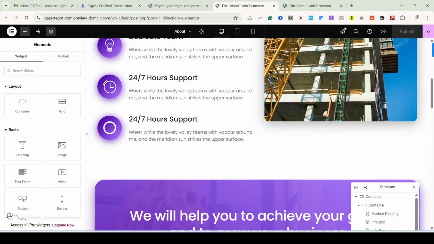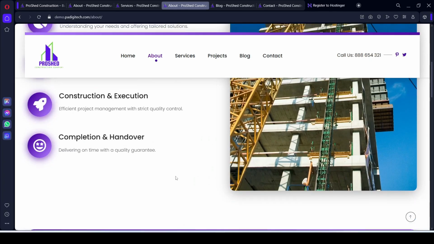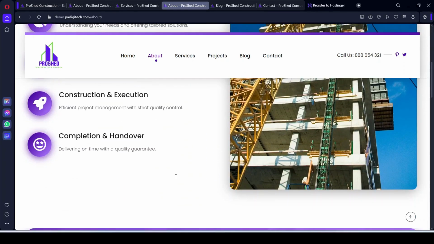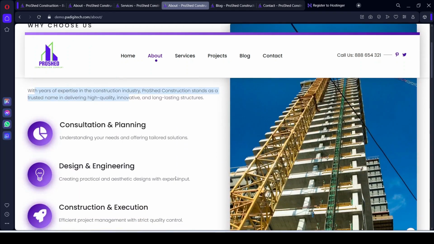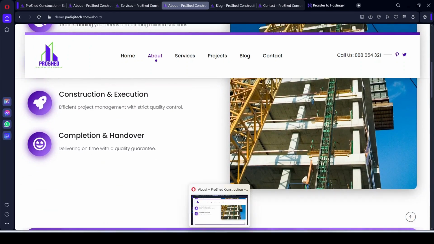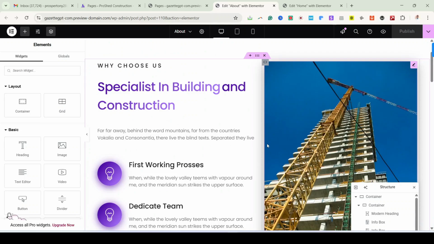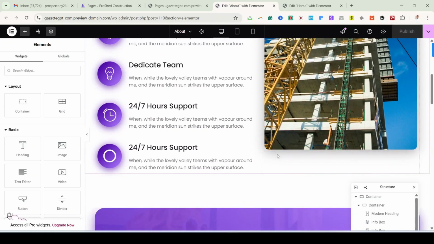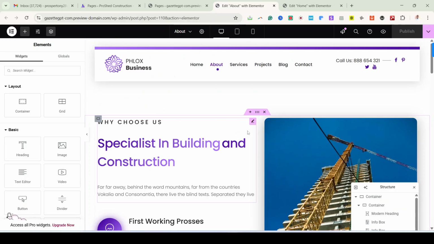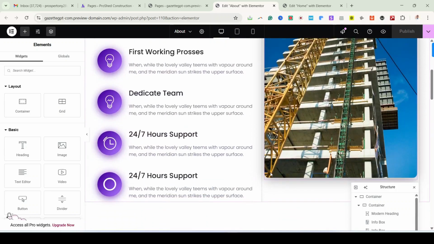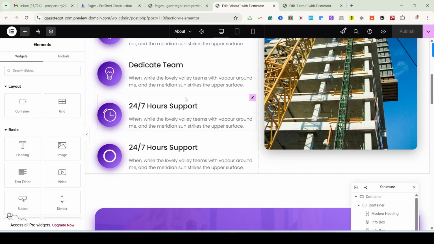All right, so now that this is done, let's go back to the reference website. Something that you'll notice is that you can decide to also align the section. So let me show you that. If you take a look at it, you see that this image, they are both aligned to the top. If you don't want it like that, if you want the image to be at the middle of this,